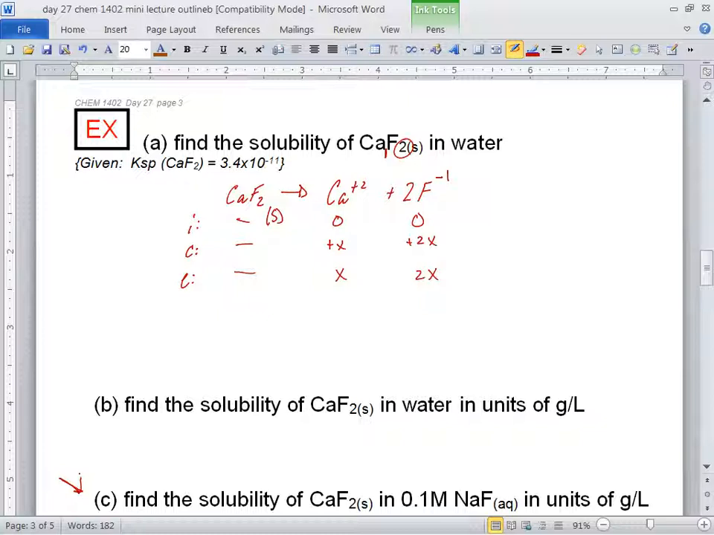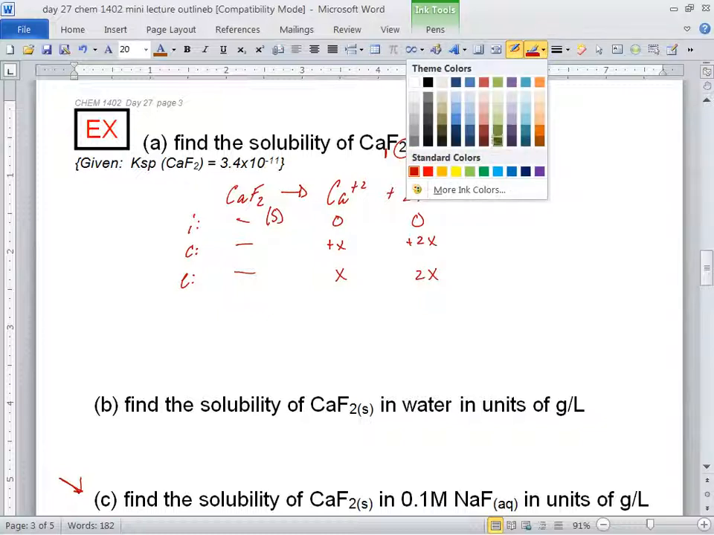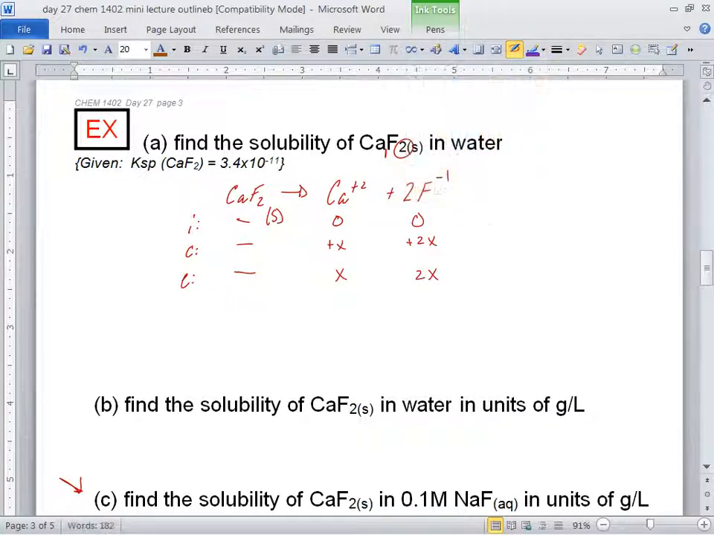Steph, now what would you do? Yeah, right, that Ksp reaction thing. So my Ksp is equal to 3.4 times 10 to the negative 11. And Steph, that's going to be what over what? What's on top? Concentration of